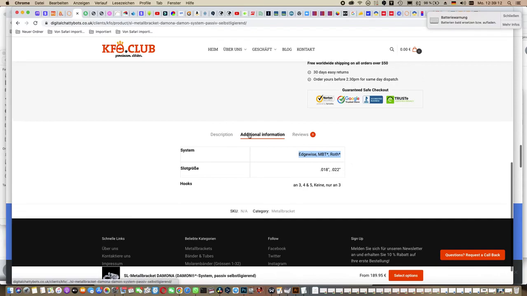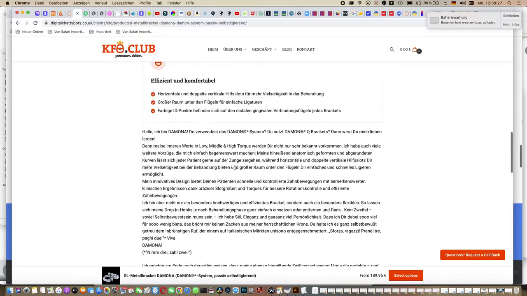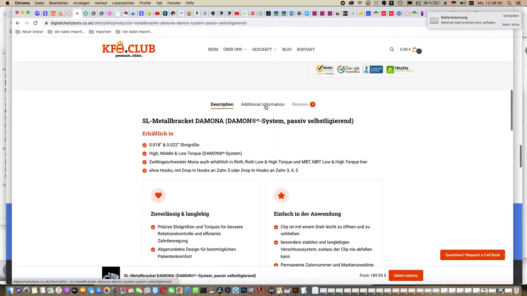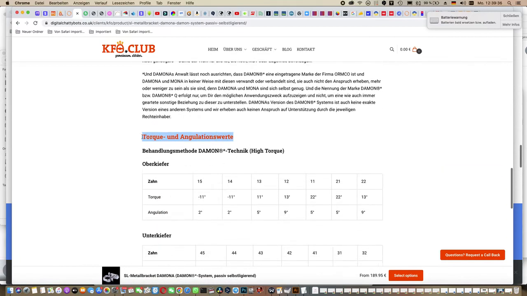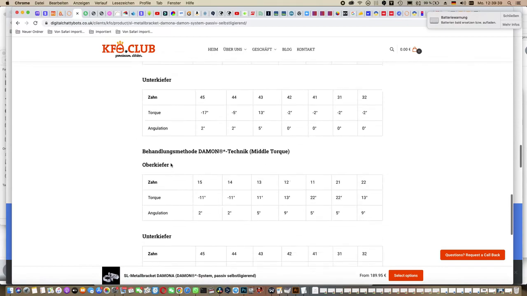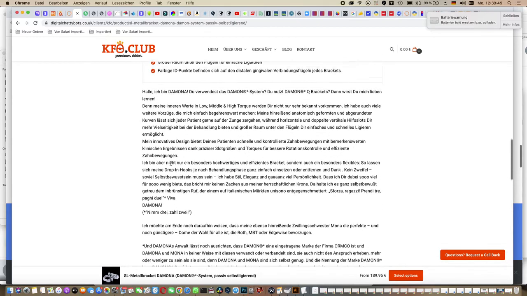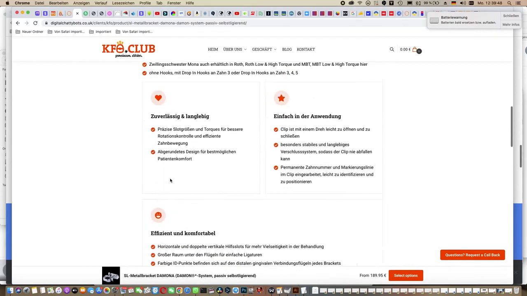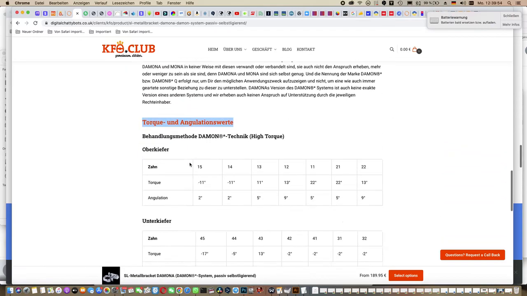Additional information. I would change to this here, torque and angulation values, and so this name I would put here under additional information. So instead of additional information, you use this description, because this is something which takes a lot of space and is better to be put in a separate category called this here. Okay. Yeah, regarding that,